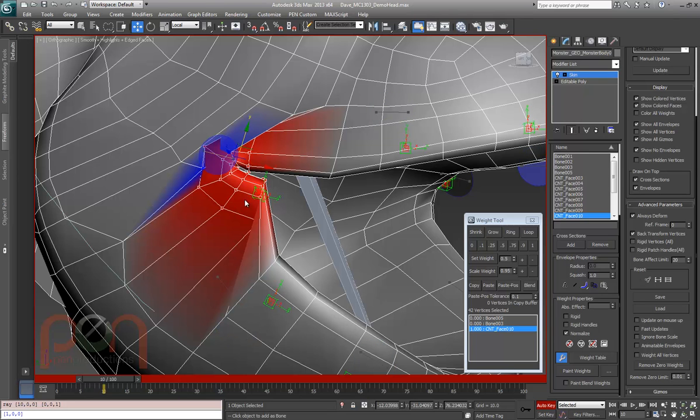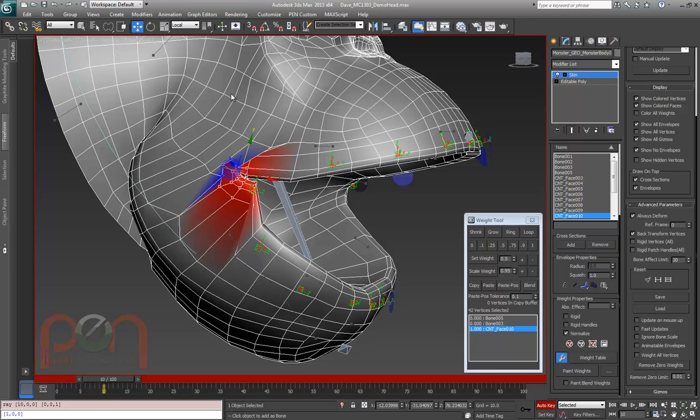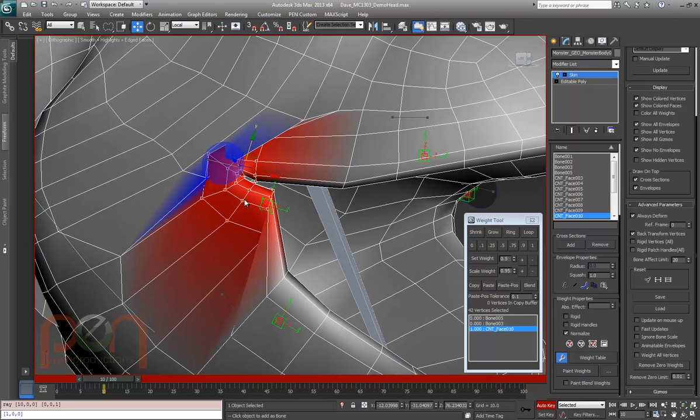Now that I've put all of the weights 100% into this bone, I want to get them 100% out of everything else. So what you'll notice, if you pick any one of these verts, even though I just heard a